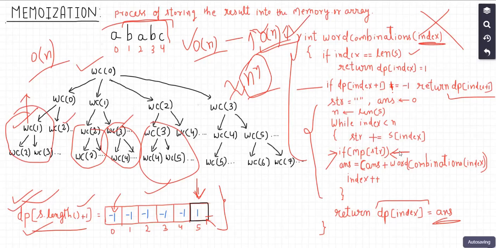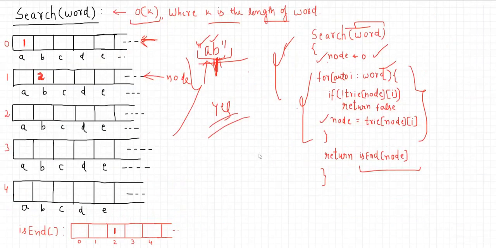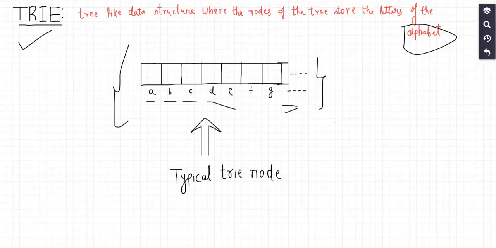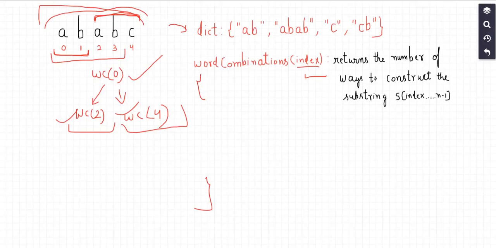I will simply, instead of performing this check again and again, use the is end array, the array which I declared here, to check if a particular prefix is present in the dictionary or not. For instance, if I find the prefix, say AB, let's say I'm iterating over the prefix,